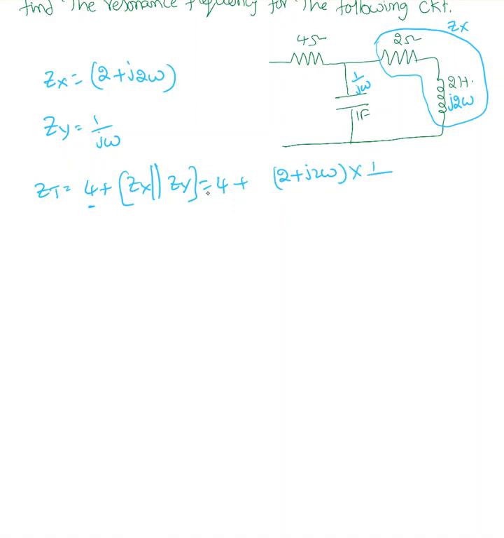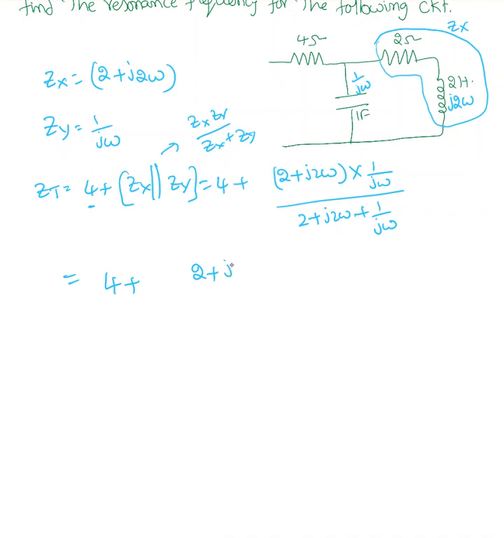Okay, so 4 plus Zx, which is 2 plus j2 omega, times Zy. Since these two are in parallel, what is the formula? Zx times Zy over Zx plus Zy. So I'm going to use that formula. Okay, 1 over j omega over 2 plus j2 omega plus 1 over j omega. Now the total impedance equal to 4 plus